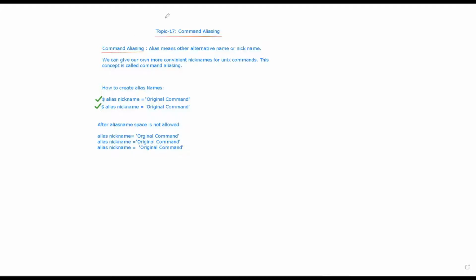So basically all these are invalid alias names because space is not allowed, right? So this is the way to create the alias, and the space is not allowed. So now we will see how to list all available aliases, right? Suppose I want to list all available